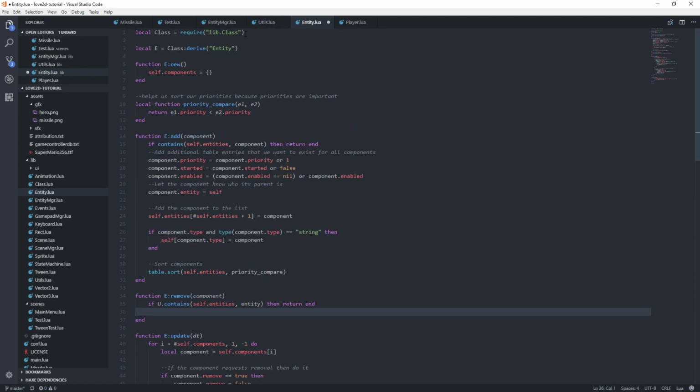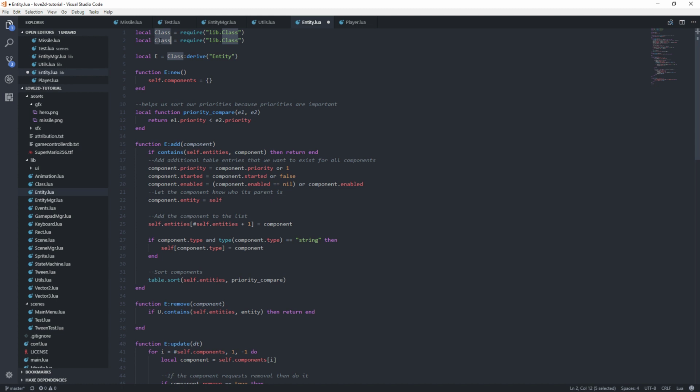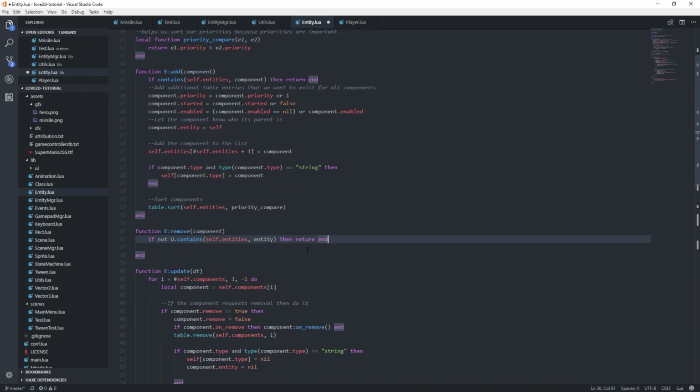And then we need to also do the following, which we did earlier just a minute ago. Utils like that. So if it doesn't contain it, then just return. If the component isn't in this entity, don't even bother. We don't care. Otherwise,